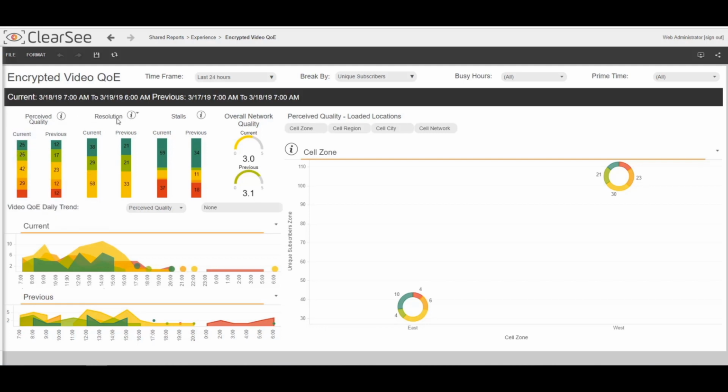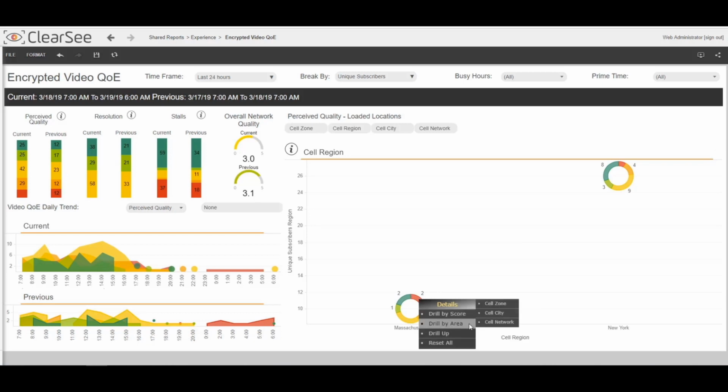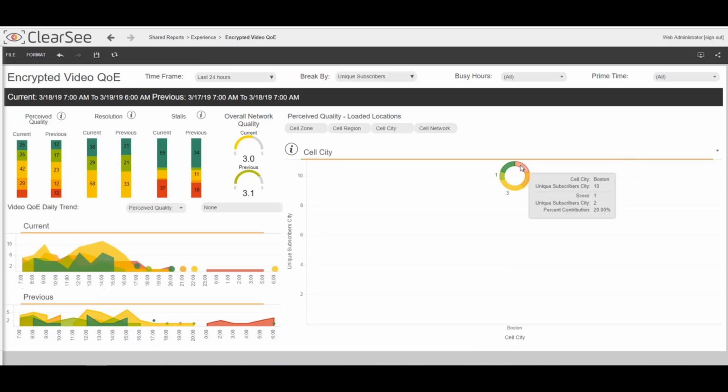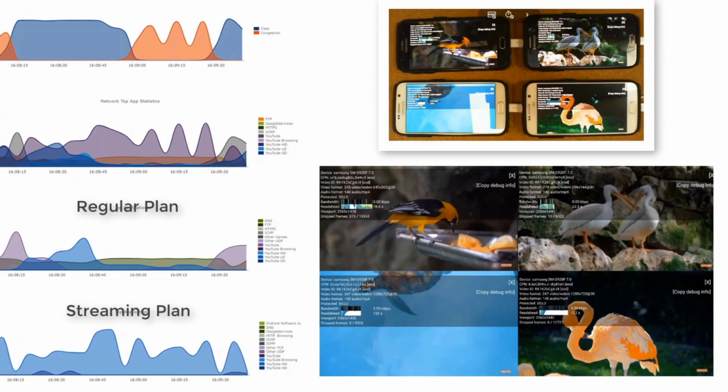The encrypted video QoE dashboard leverages machine learning and AI capabilities to overcome encryption and provide visibility into and facilitate upholding the user's perceived quality of experience. The MOS score is derived from the resolution changes and stall duration KQIs, providing an overall network quality score, which is based on the layered measurements that were obtained within the individual underlying network components, easily identifying the QoE impacting network elements. In this next section, we show how smart visibility can be leveraged by our Smart Traffic QoE solution